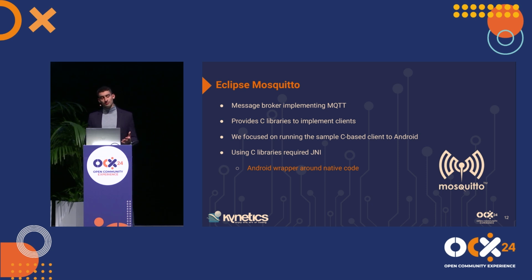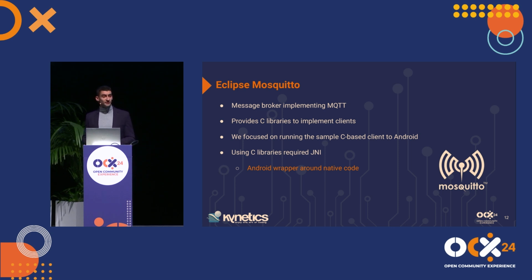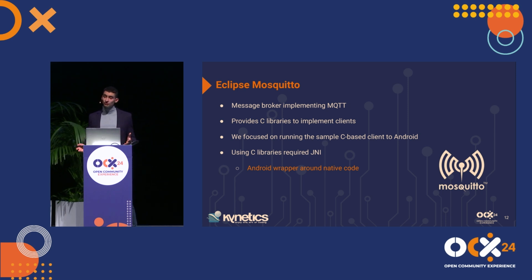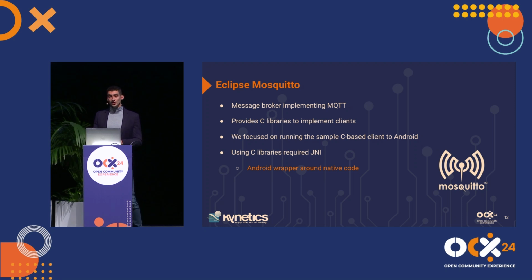So it's a publish-subscribe protocol, meaning that the devices only need to know the address of the message broker. Then they can subscribe to a topic and send messages to a topic, and the message broker will take care of dispatching those messages to all the devices registered and subscribed to a specific topic. This means that the devices and the messages are decoupled both in time, because sending and receiving a message is an asynchronous operation, and location, because devices don't need to know about each other, they just need to know where the